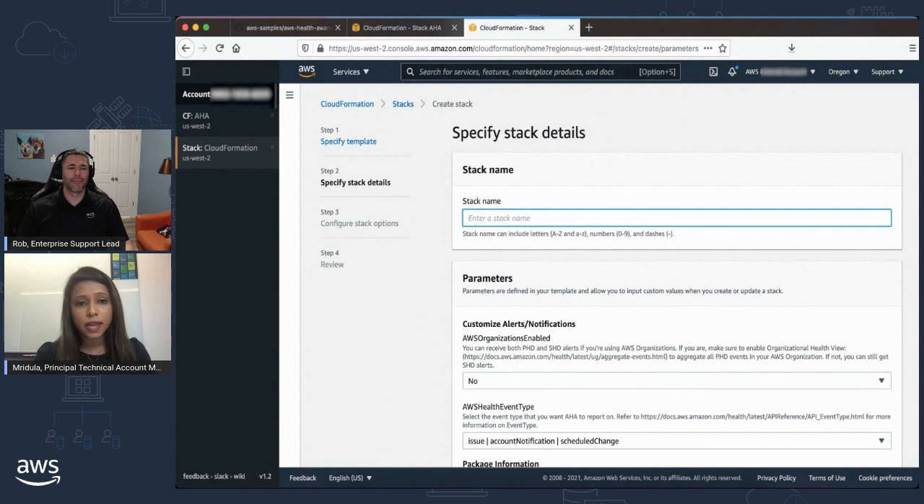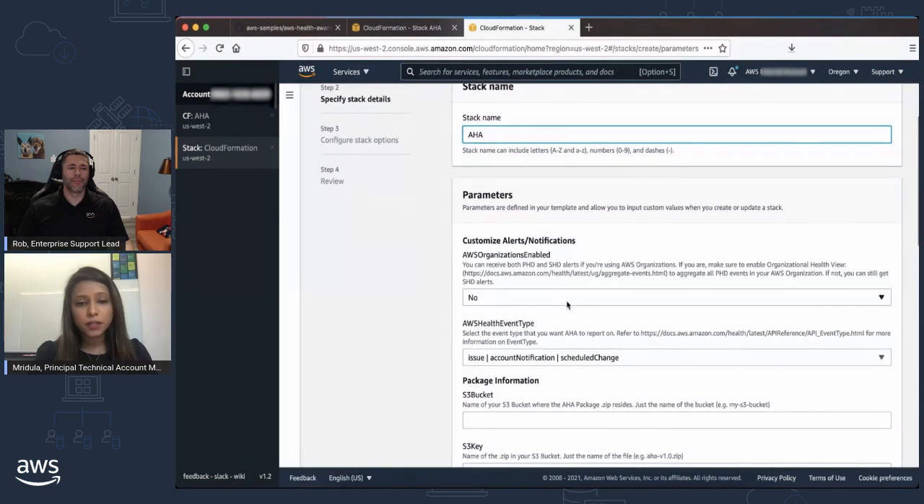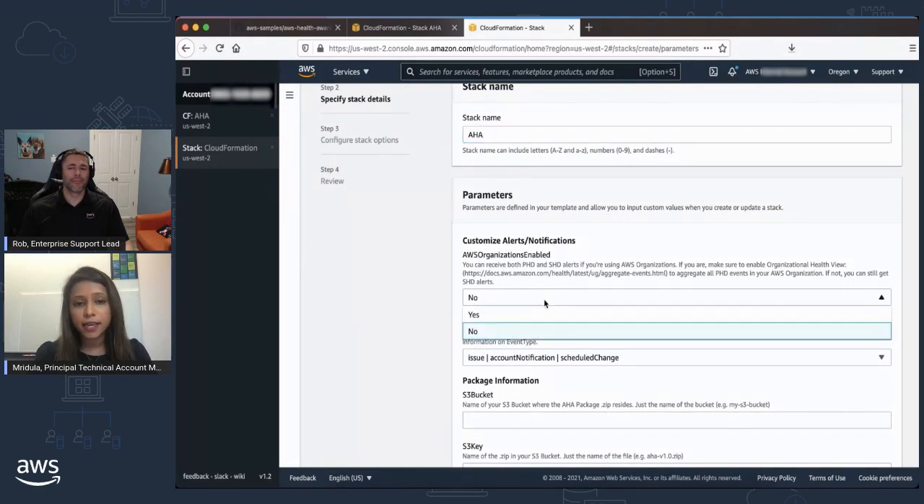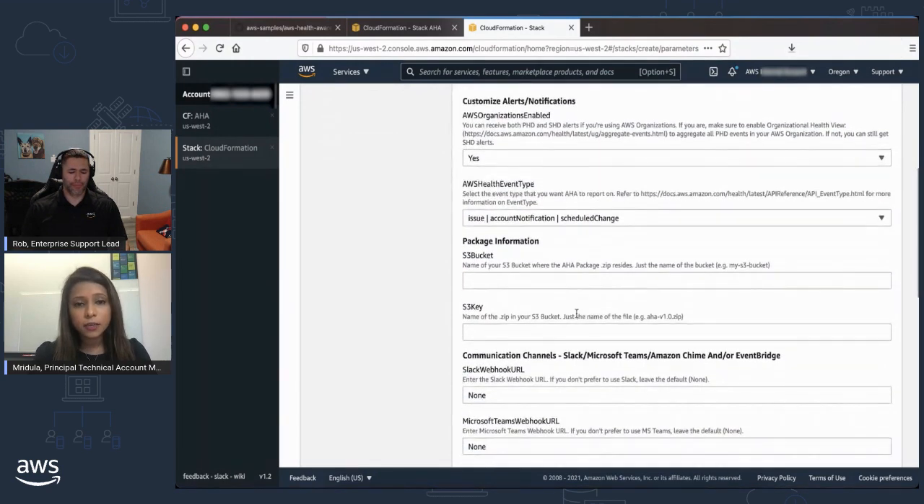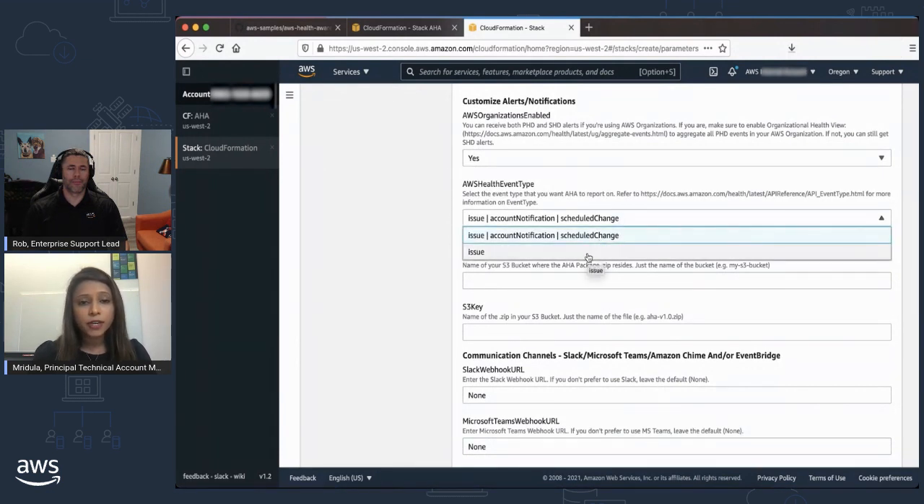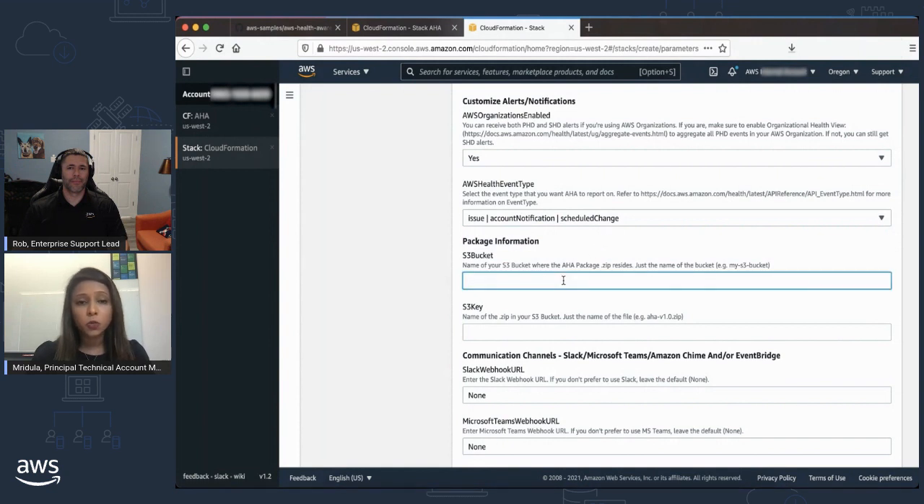Here I'll give the stack name, which is AHA, and then specify whether organizations is enabled or not. In this case, I'm going to select yes, so that I can get alerts across my organization. Coming to the health event type, you have two options as of today: all the event types that are available, versus issues only. It depends upon the blast radius and the noise that you want to filter out, if you don't want account notifications of scheduled changes. Next is the name of the